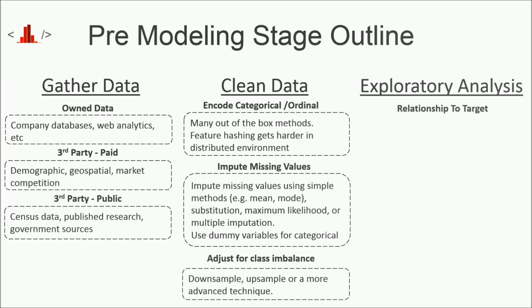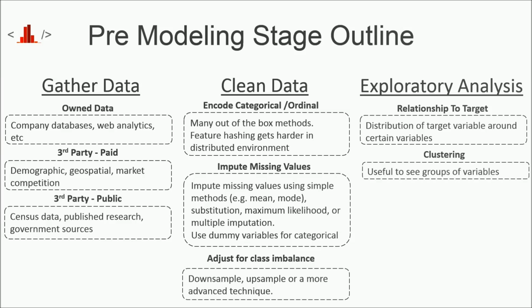For example, you're going to want to look at the relationship to the target variable. You're going to want to look at the distribution of the independent variables and how they relate to the target variable. You're also going to want to possibly do clustering. It's very useful sometimes to see what variables group together. And you could also do other sorts of dimensionality reduction like PCA if you wanted to avoid the